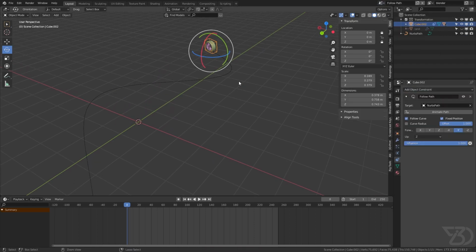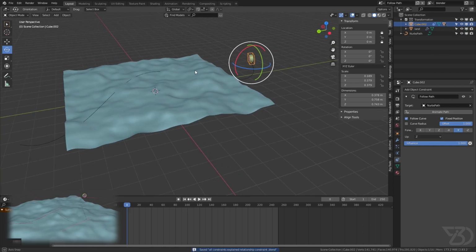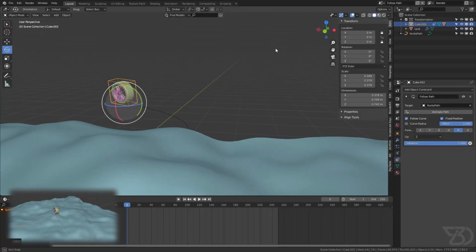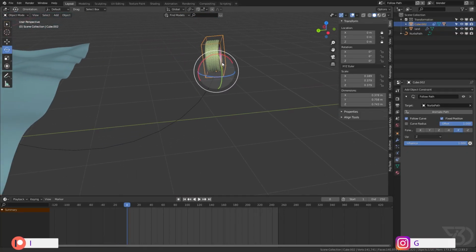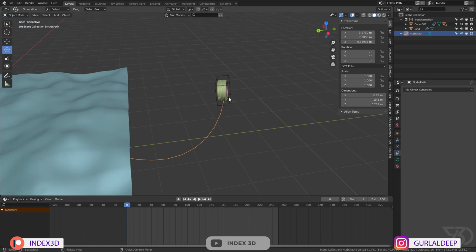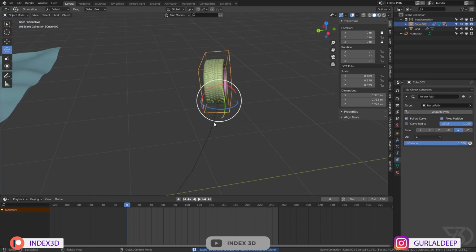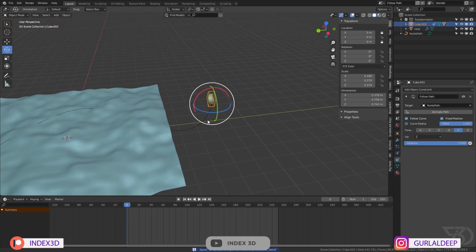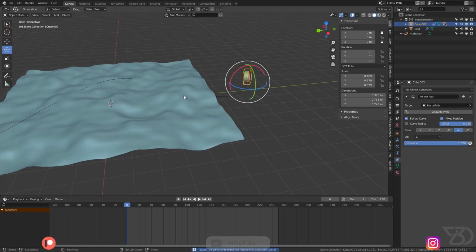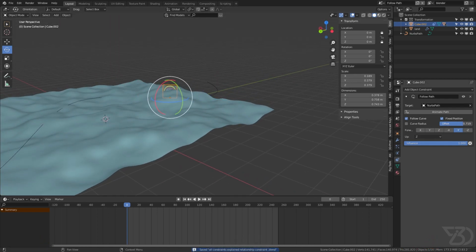shrink wrap constraint. So we have this land and then this fill, which we have added that follow path constraint with this curve. So now it's animating like that. Okay, so as you can see, it's going through this land.